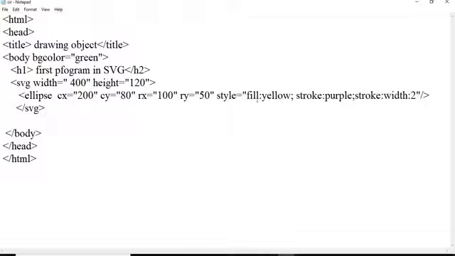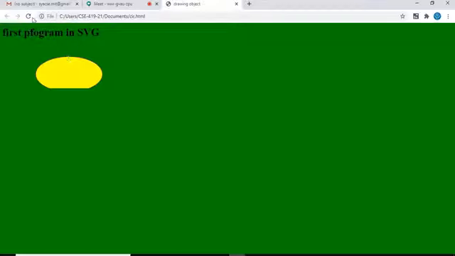Then style, fill yellow, stroke purple, stroke width. Let us see if I change it to 4. Okay, let it be.